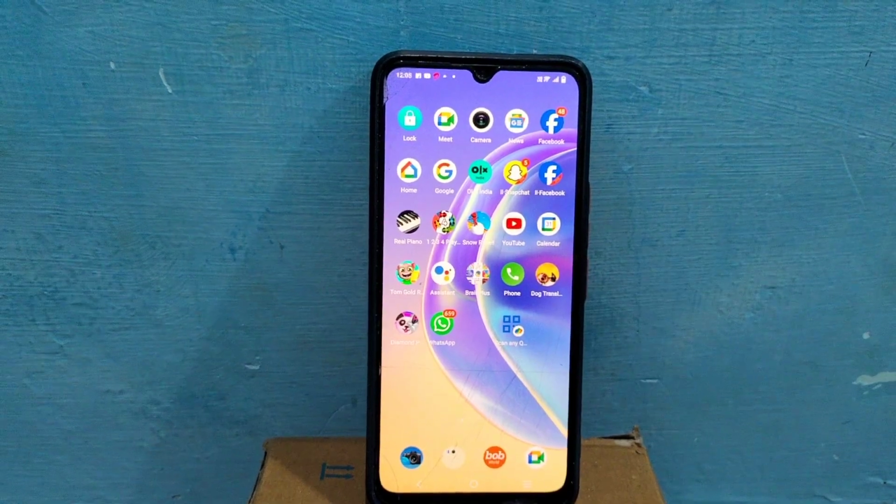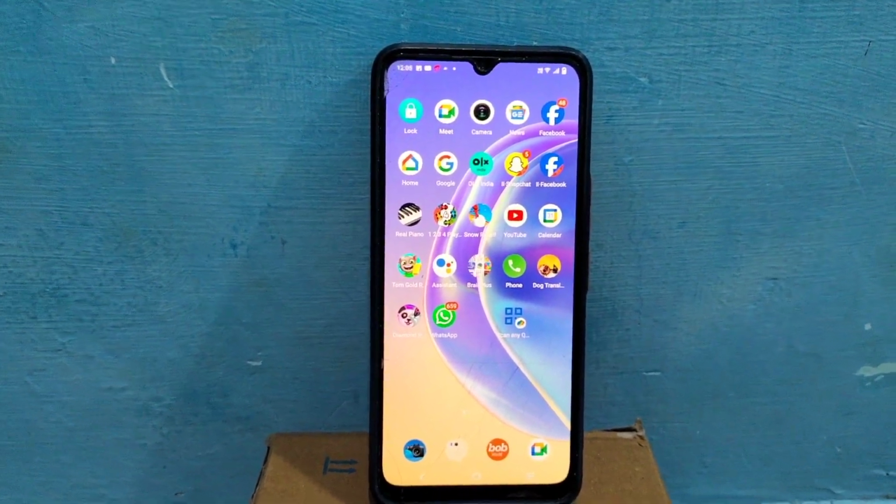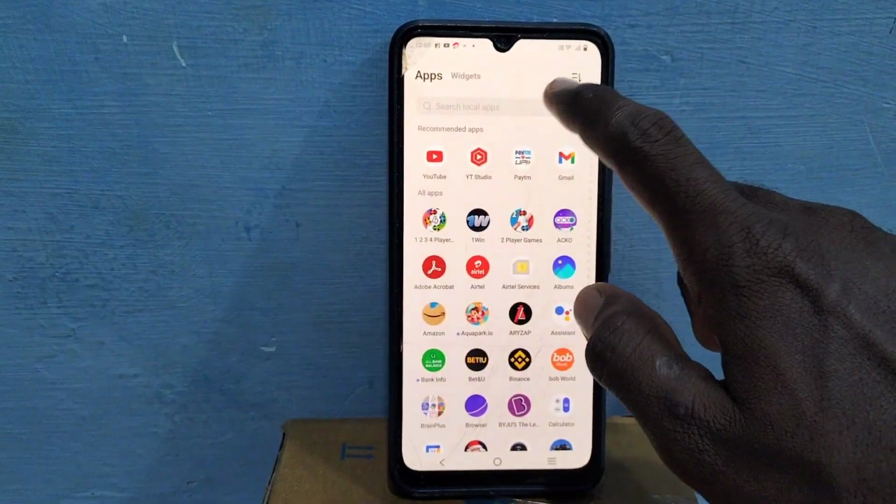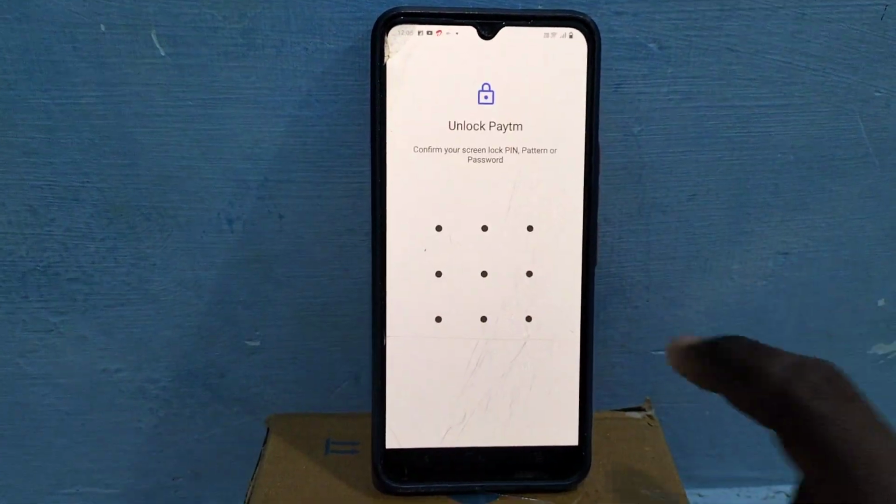In this video, you will know how to take statement from PayTM. First, open PayTM app in your phone. I open PayTM app,